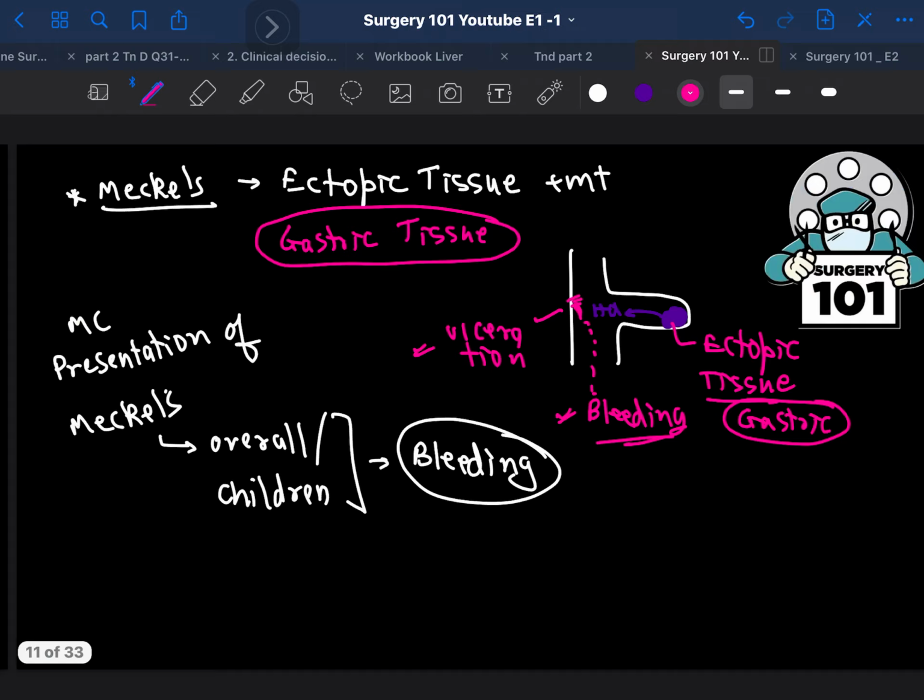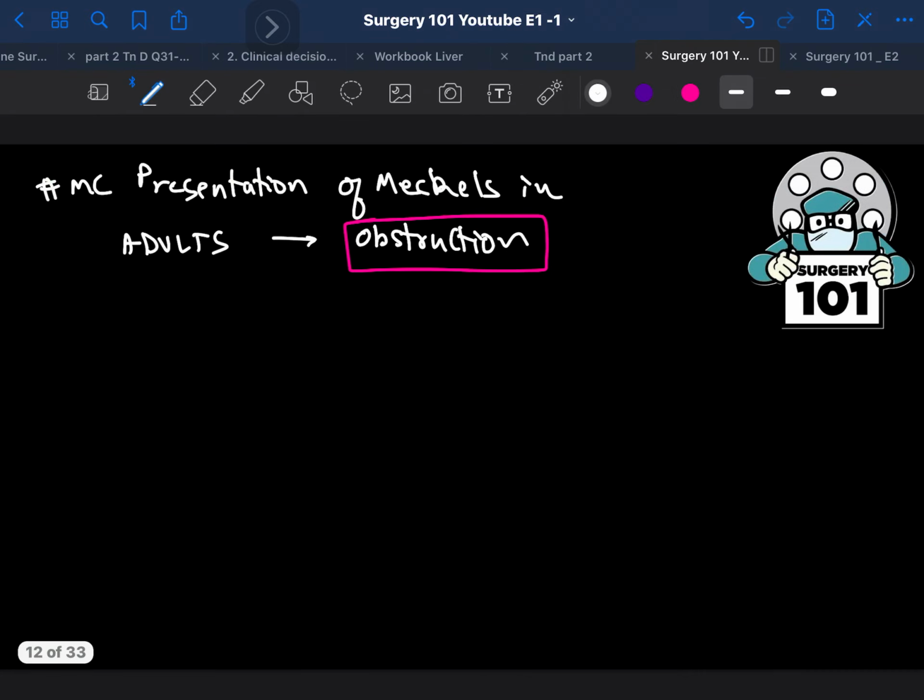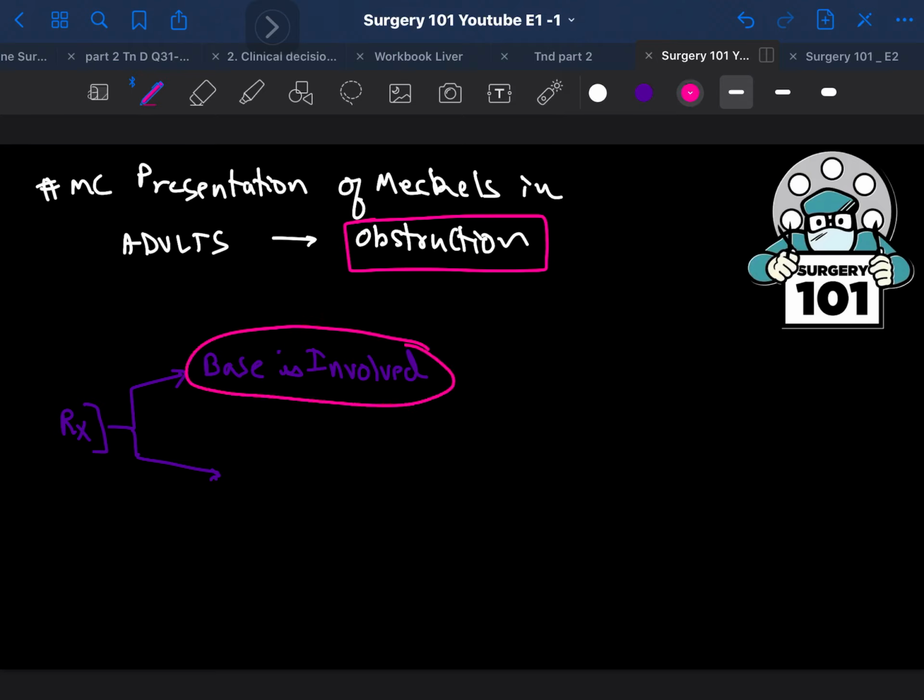Now, let's talk about the management. If there is a patient who has a Meckel's diverticulum, what about the treatment? What you need to understand is that you have to evaluate the base. If the base is involved, what do you need to go in for? You need to go in for a resection and anastomosis. But if, let's say, the base is not involved,